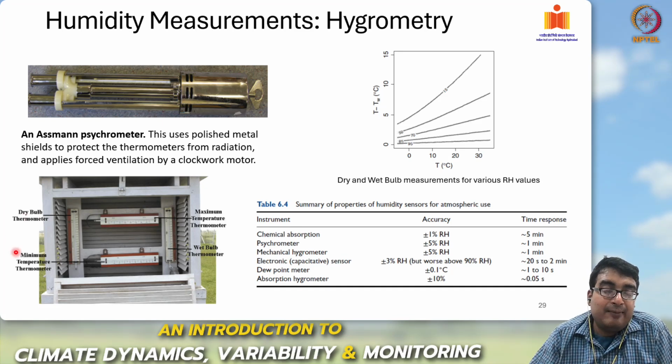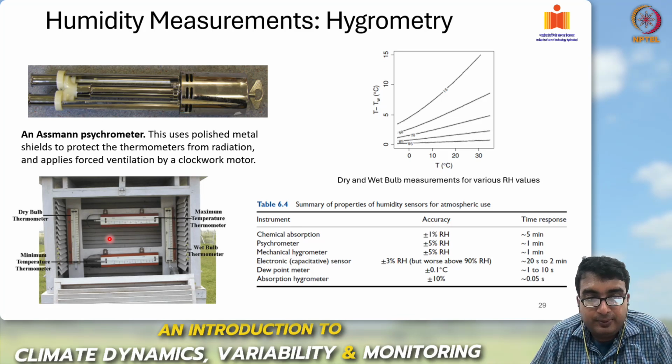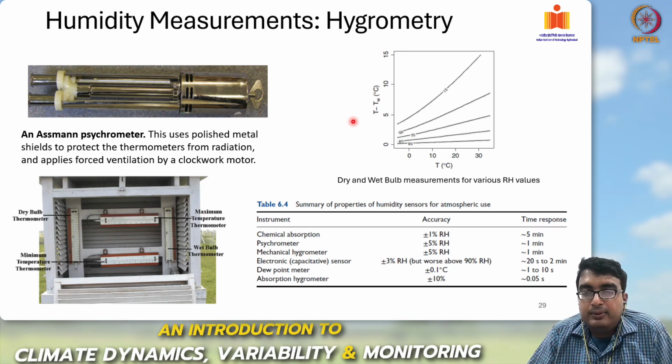And this is an example of the inside of a Stevenson screen, which contains a dry bulb thermometer and a wet bulb thermometer acting together. There are other thermometer measurements also, which show the vertical variation of temperature inside the screen. So, using such systems, we can evaluate